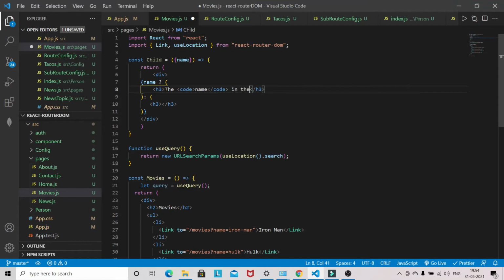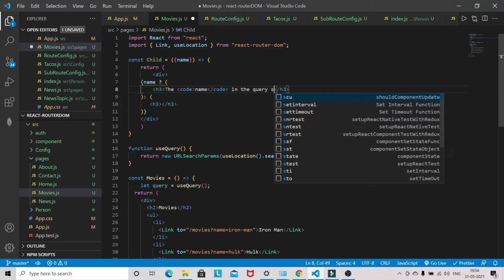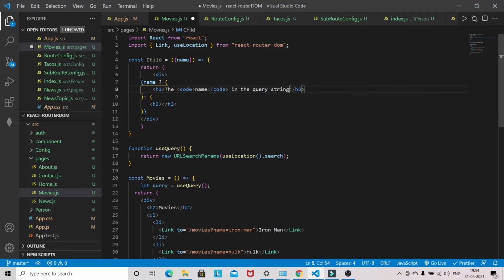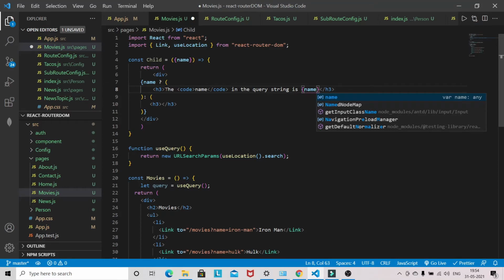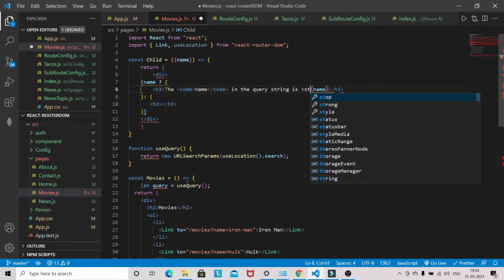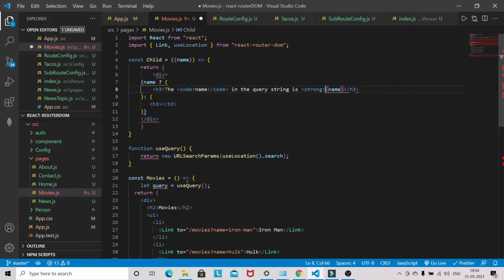So the name in the query string is, and let's wrap it with a strong tag so that we can see some difference here.